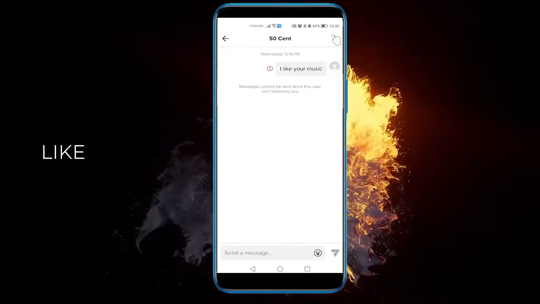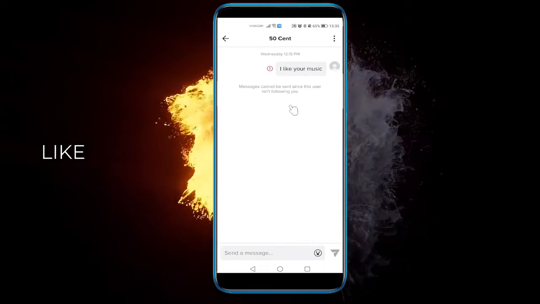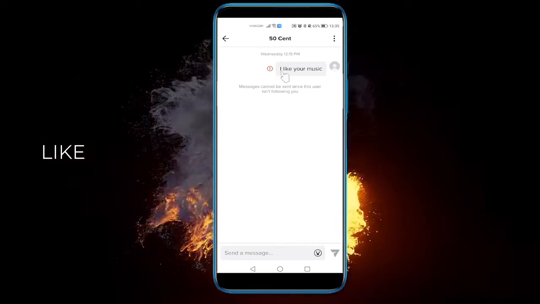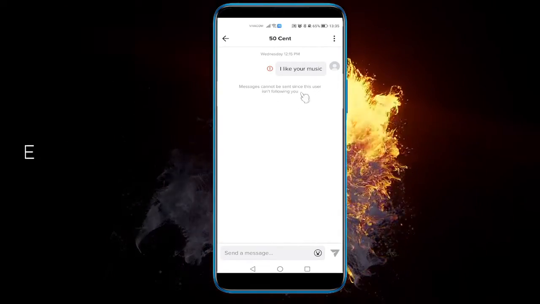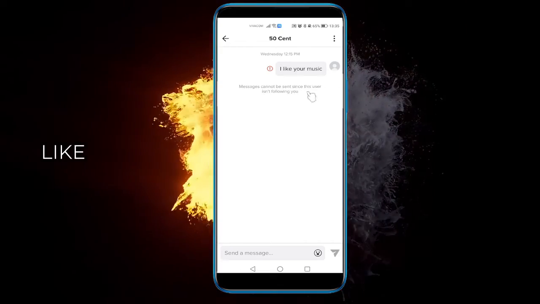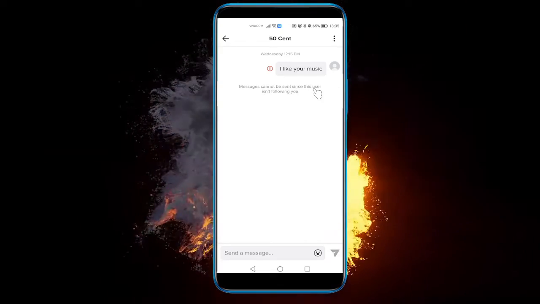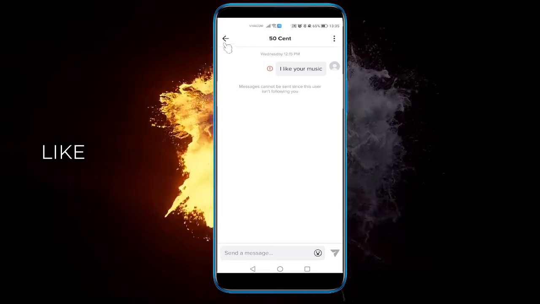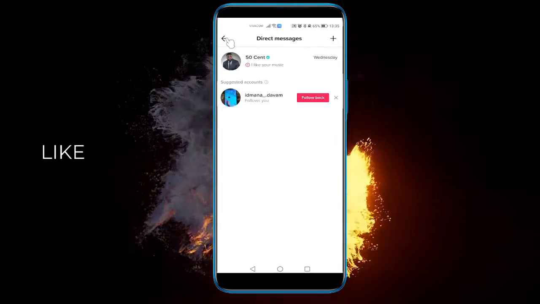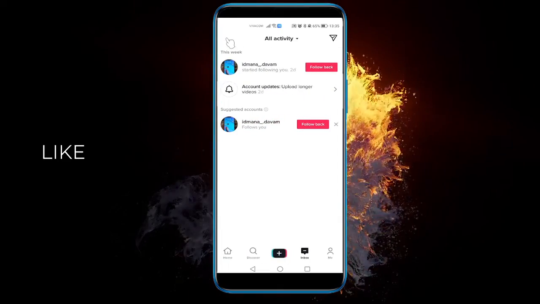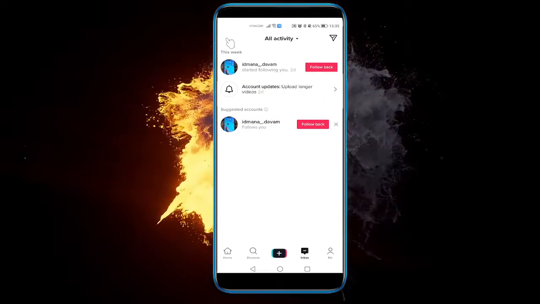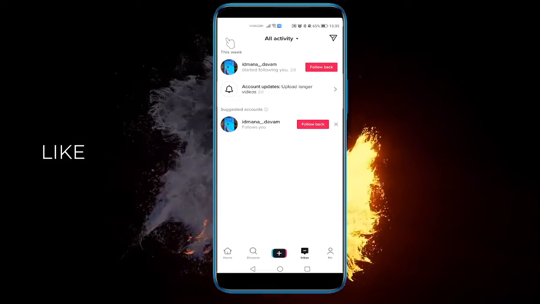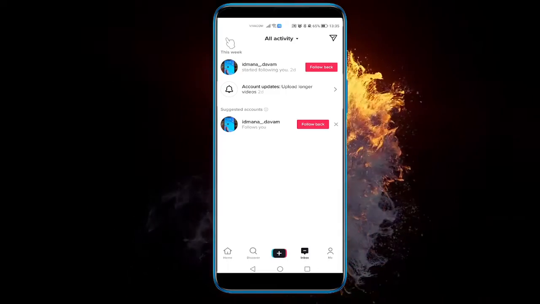So, for example, if you've messaged somebody and they haven't received your message and it isn't appearing at all without saying anything, like for example, this message isn't being received by the other person because they're not following me and they're not my friends. Those are normal reasons, but if your messages aren't being received and don't show up at all for the wrong reasons, then what you must do first